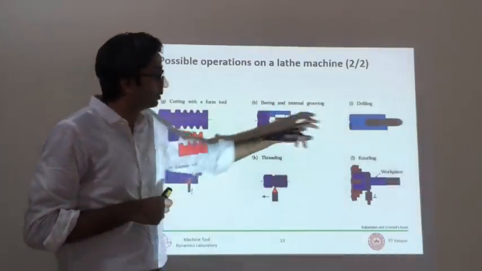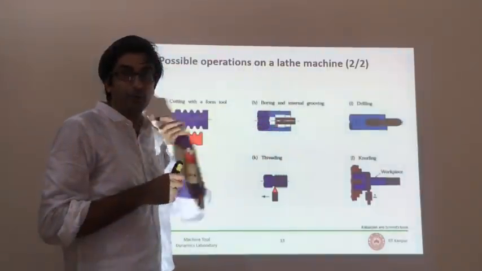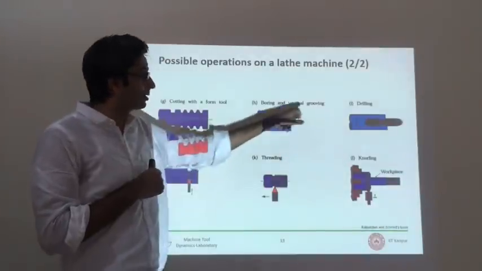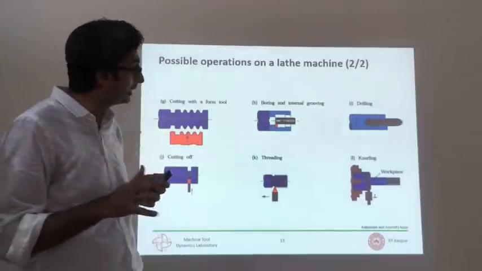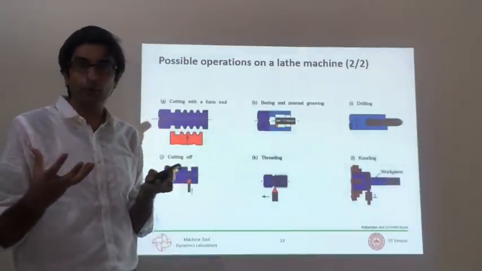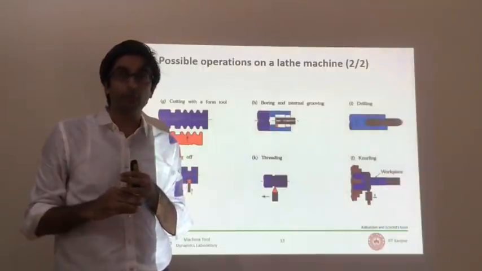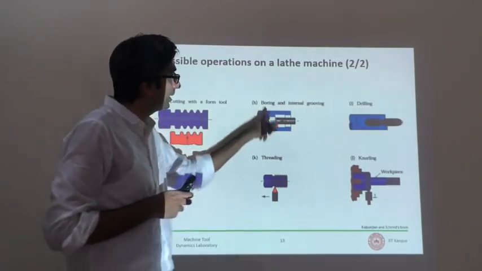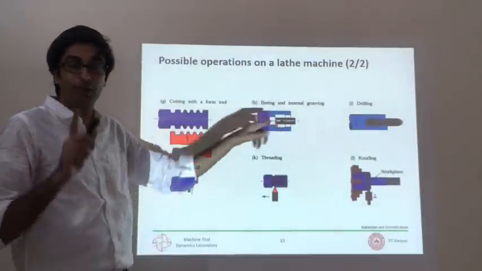The reason you do that is because drilling is not a finishing operation. In case you want a very good surface finish, because your application so desires it, you have to do what is called boring. Boring is also called internal turning, in case you don't like the word boring. And boring is not boring, I must tell you, it's one of the most difficult operations. In fact, all your engine bores, the cylinders in which, like we showed you the animation yesterday for the 4-stroke engine, the piston moves inside the cylinder bore, which is the hole, are made using boring. A lot of other bores actually are finished using boring. Boring is not trivial.